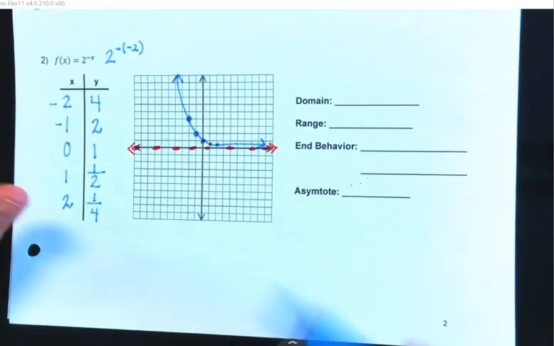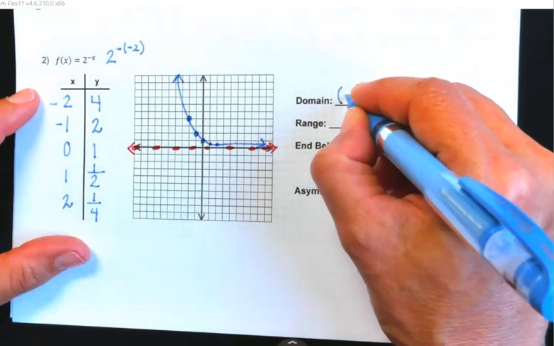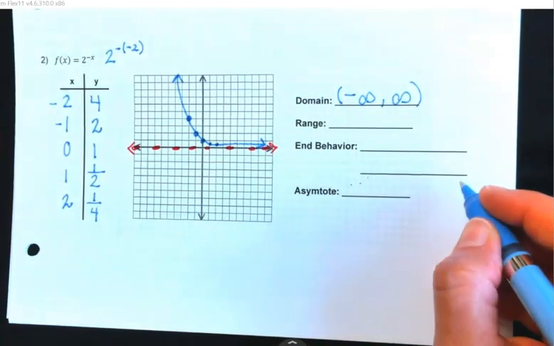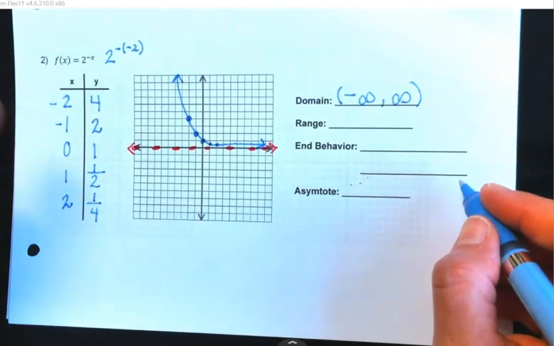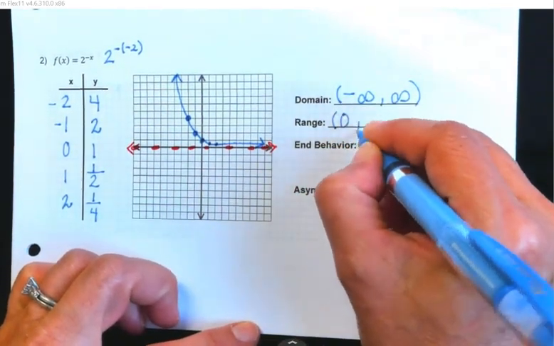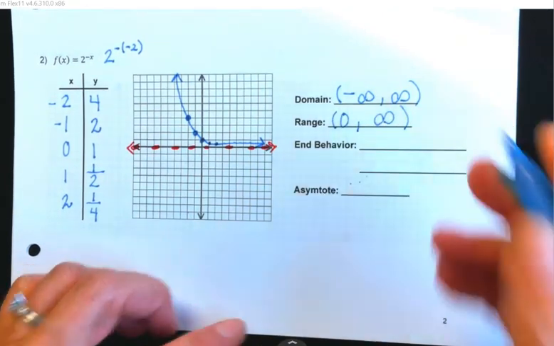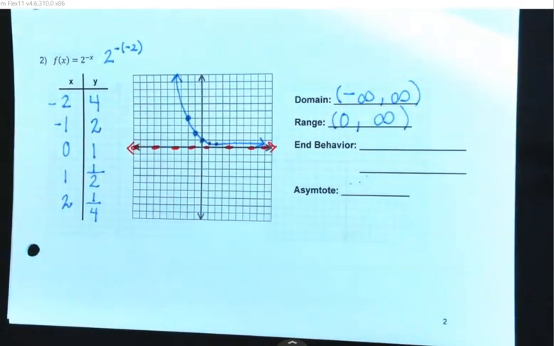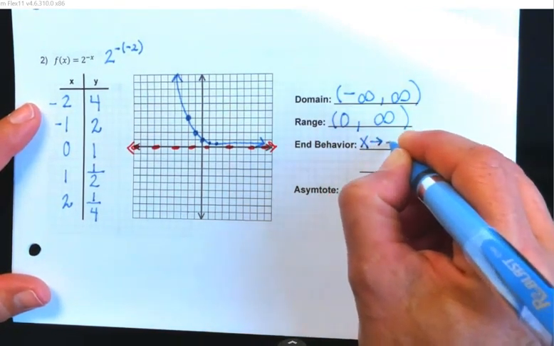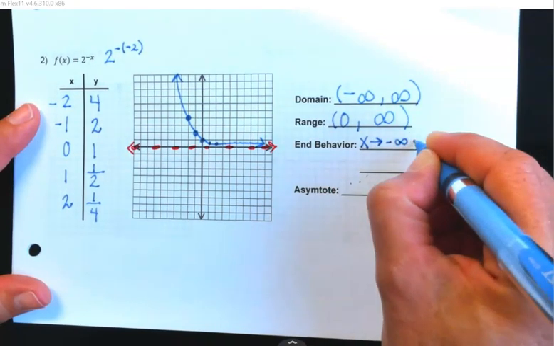And again, your domain is still negative to positive infinity. And your range is still the same, y'all. It's from 0 to positive infinity. But your end behavior is different because it's reflective. All right, look, here's your end behavior. As x approaches negative infinity,